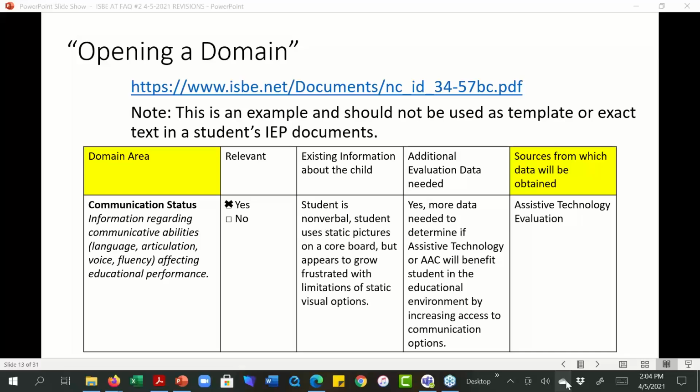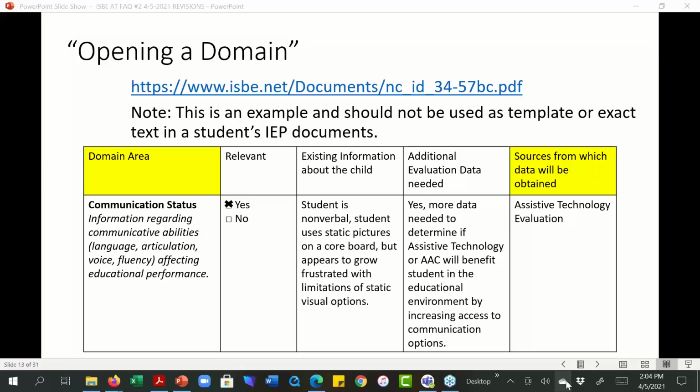So we can't just start willy-nilly throwing services and things at students just because they already have an IEP. We still have to use the data. We have to justify the decisions and really make sure that this is the best support, because maybe you came to the table and thought you knew what was best for this student, but through the evaluation process you find out, oh, actually in the same vein, but maybe something different. So if there's any question and the team's really not sure, we can't make a super informed decision. We really need to do a full evaluation.